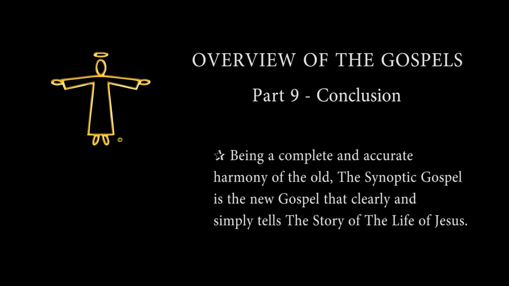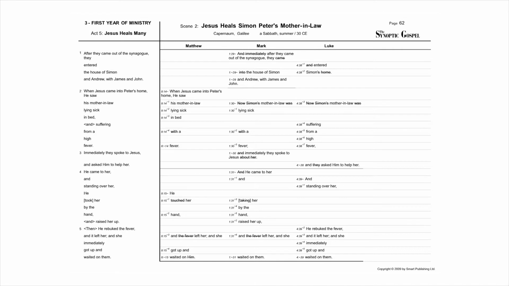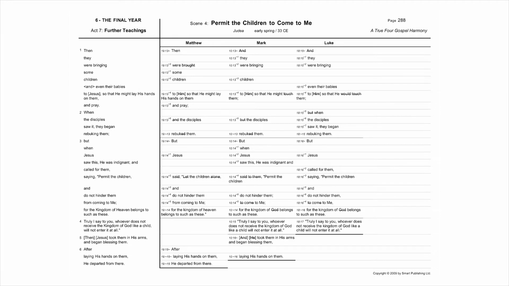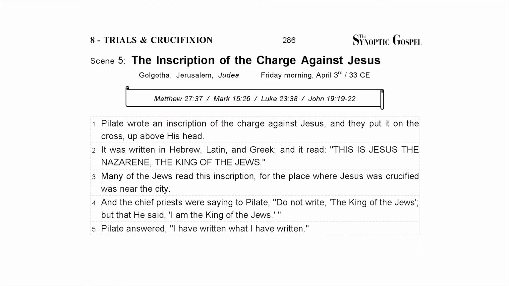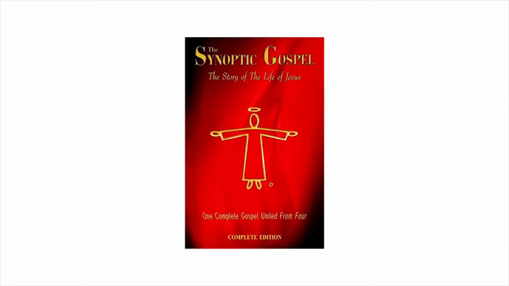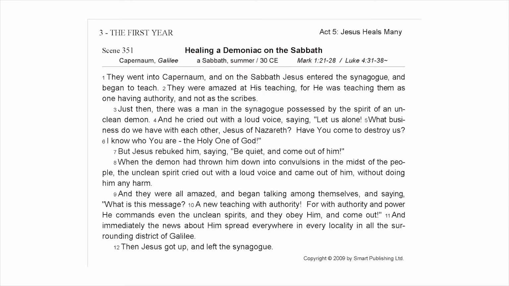To summarize this video briefly, the Synoptic Gospel 5 column, built on the foundation of the four Gospels of the New Testament, is a very complete and accurate, word-for-word, merged harmony of the four Gospels of the New Testament. The fifth column of that database, the Synoptic Gospel, the story of the life of Jesus, is the new unified Gospel, presented in a way that is detailed and yet easy to read and understand. So read the Synoptic Gospel, the story of the life of Jesus, as the Gospel, and study the words and the deeds of Jesus to understand their meaning.